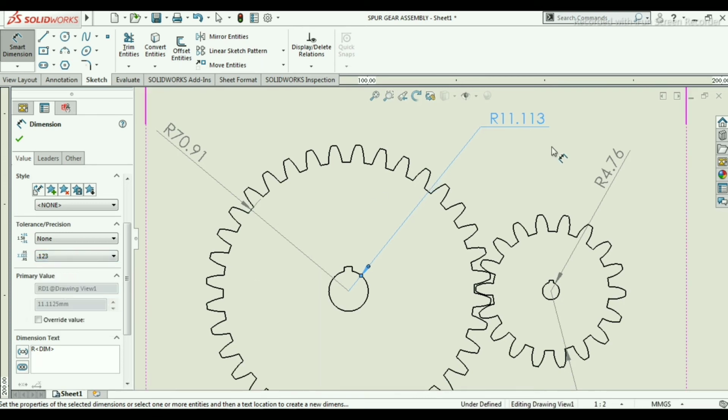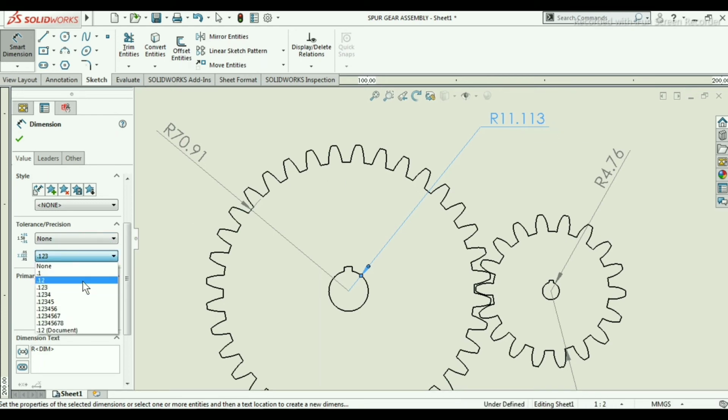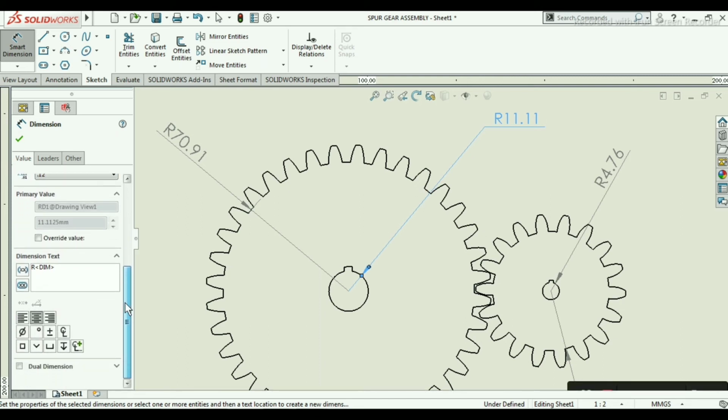If you select this, the digits after the point are automatically added. So I am selecting the digits up to 2 units. Here you can add some symbols also. So I am adding the symbols, or if you again want to delete this symbol, you can delete it also. This way you can delete this, or if you want to give the round, you can give the round.